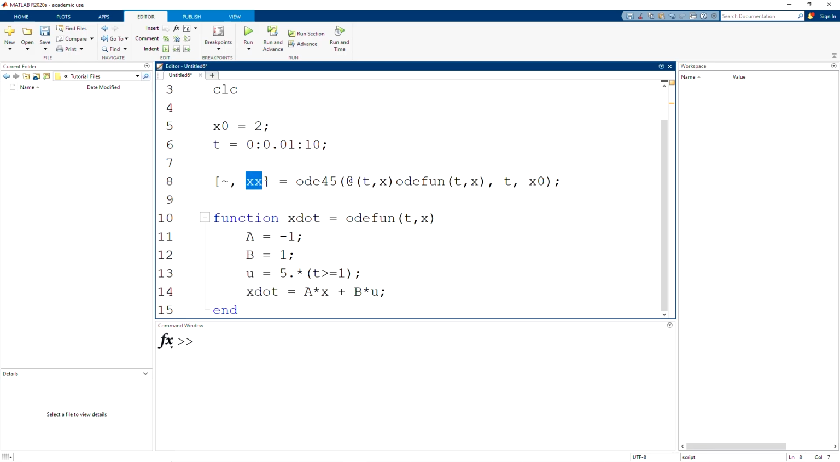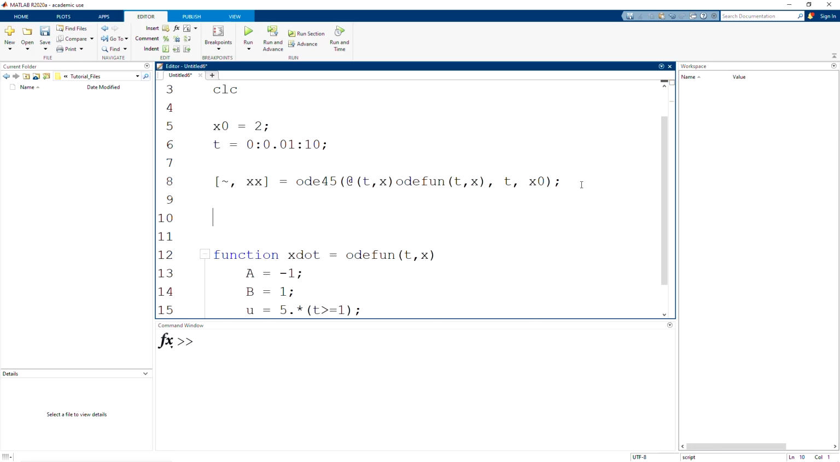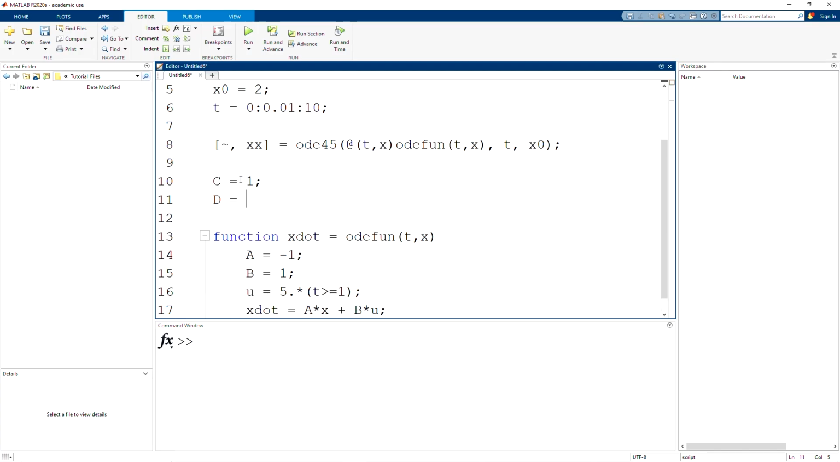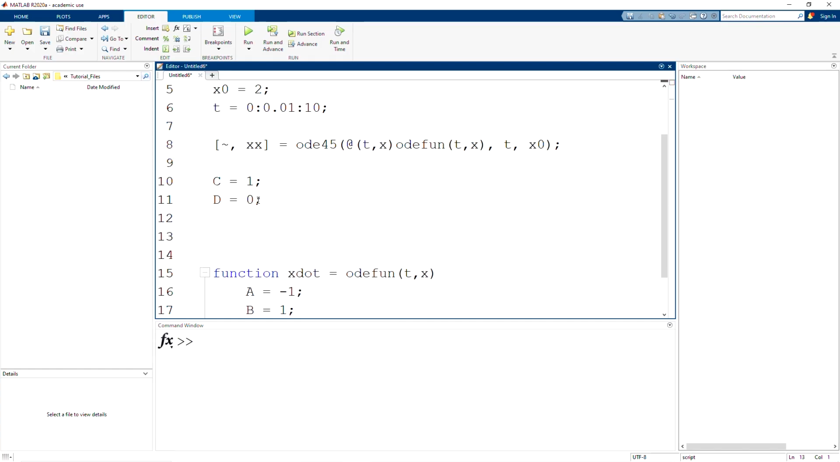And finally, we have the actual solution at each of these time steps. So x contains the state vector. Now, as we mentioned before, if we were solving a state space function, this would be a state vector, but this wouldn't be the actual output. So in that case, what you want to do is set the C and D matrices, and then obtain the output by using